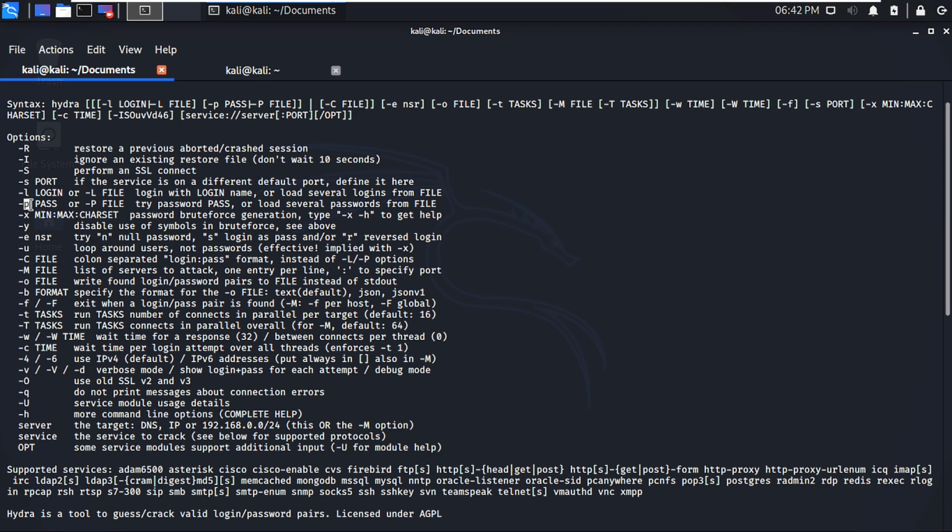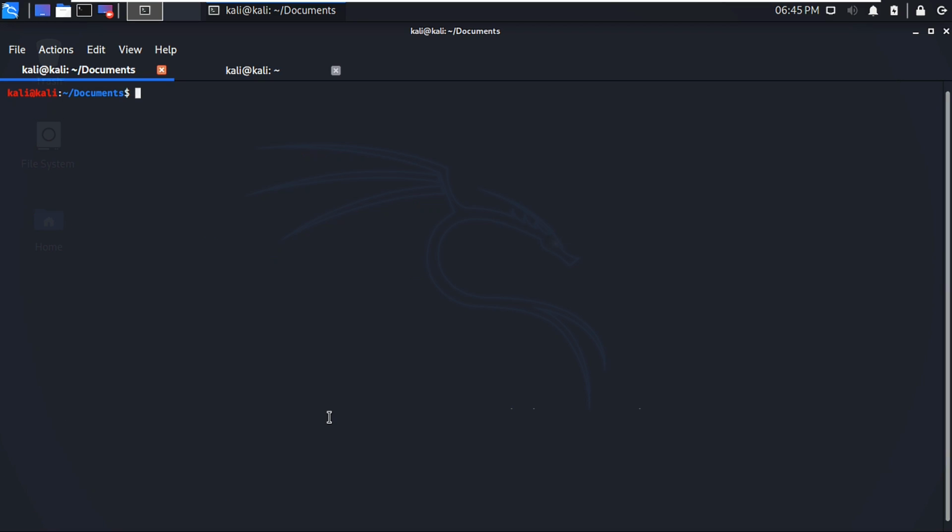If you pass -p, then you have to pass the exact password. Or if you want to pass a list of passwords or a password file, then you have to use capital -P. There are a lot of options available. You can try them by yourself one by one, but what we are interested in is cracking the FTP server. So let's use Hydra to crack the FTP server.